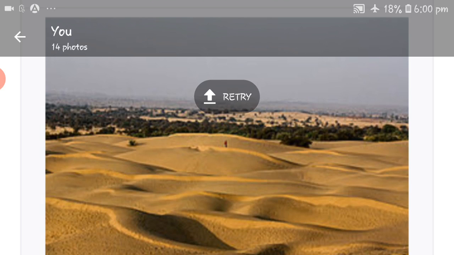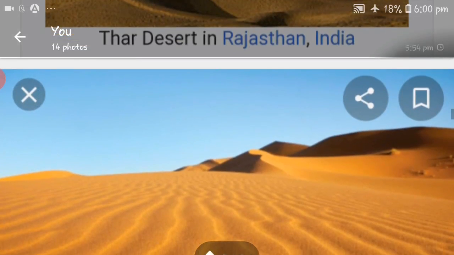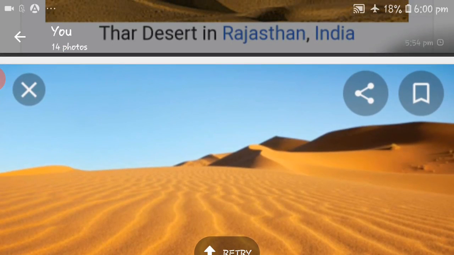And the Sahara Desert in Africa, the Atacama Desert, the Gobi Desert, like that many deserts are there. So 1/5 of the world's landforms are these deserts.